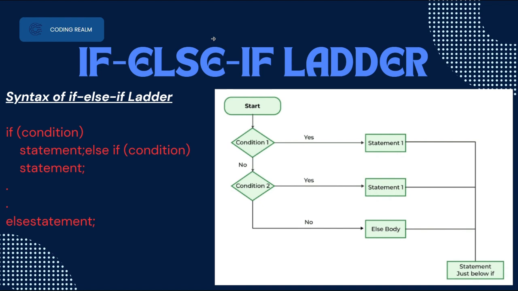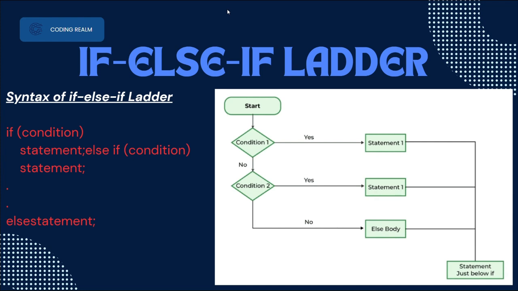Now let's go to the if-else-if ladder. The if-else-if statements are used when the user has to decide among multiple options. The if statements are executed from the top down. As soon as one of the conditions controlling the if is true, the statement associated with that if is executed, and the rest of the ladder is bypassed. If none of the conditions is true, then the final else statement will be executed. The if-else-if ladder is similar to the switch statement. We will see the switch statement in another part of this video, and let's see now the syntax of the